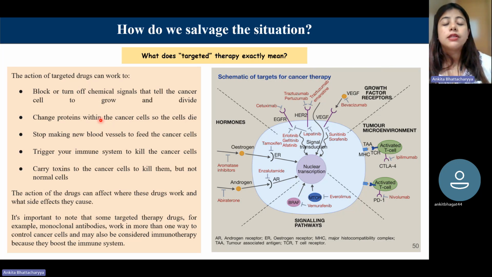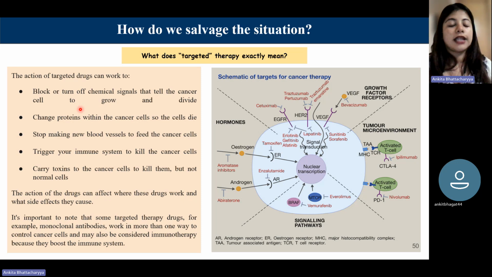Second, targeted drug strategies can often change proteins within the cancer cells, so the cells are actually dying. What does this mean? Within the protein, the first one you looked at, that is blocking of chemical signals. More commonly, you will find these receptors to be on the cell surface. Second, the drug is modifying the intracellular protein in such a way so that cells are no longer able to work. Third is that you give a drug which prevents these cancer cells from forming new blood vessels,